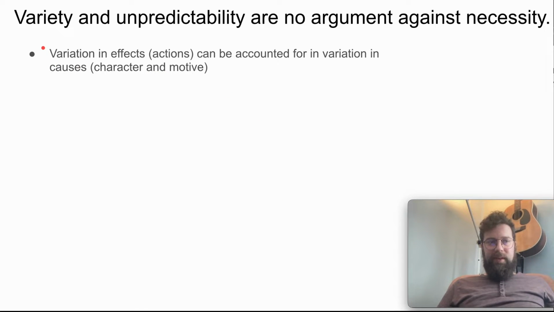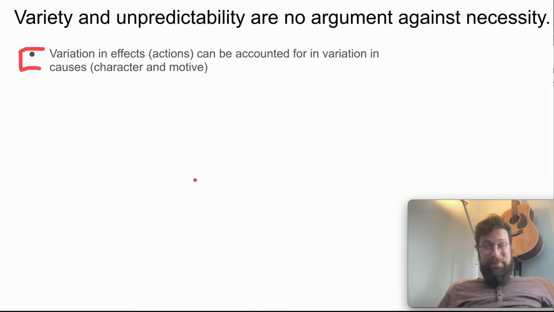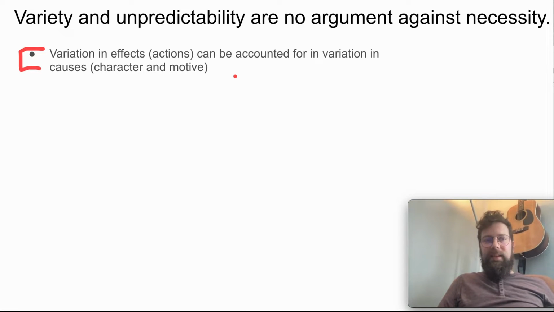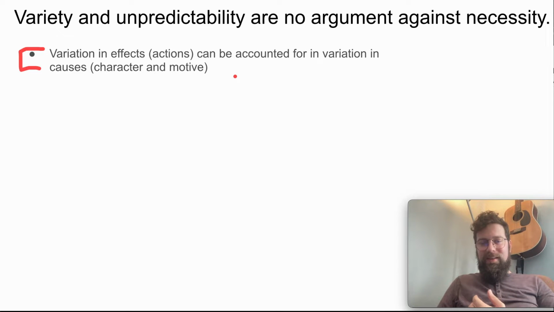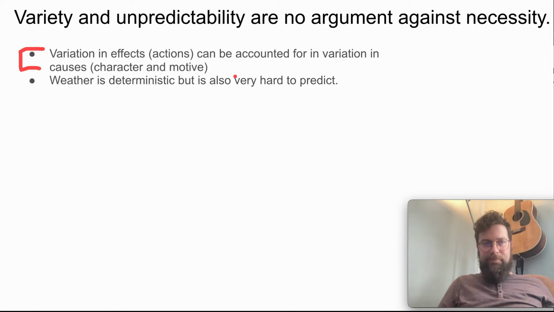And we could say a similar thing about human behavior, right? Some people respond to certain stimuli in one way, other people respond to those same stimuli in different ways. But we would say, look, there is going to be a variation in causes. Right? Different people are going to respond to different stimuli because they have different characters. And that line of thought is completely deterministic. That doesn't undercut the line of thought, which is that human nature is part of nature writ large, and human behavior works according to the laws of necessity.